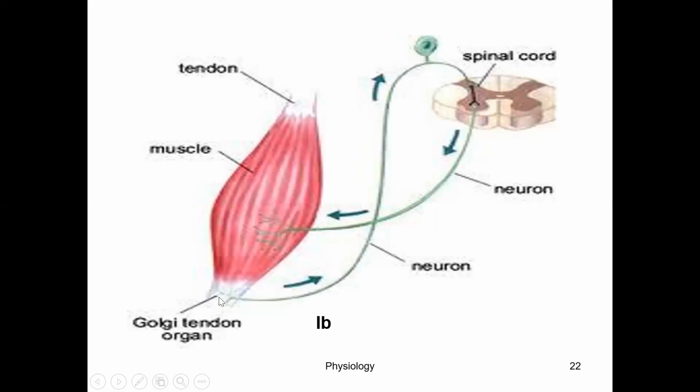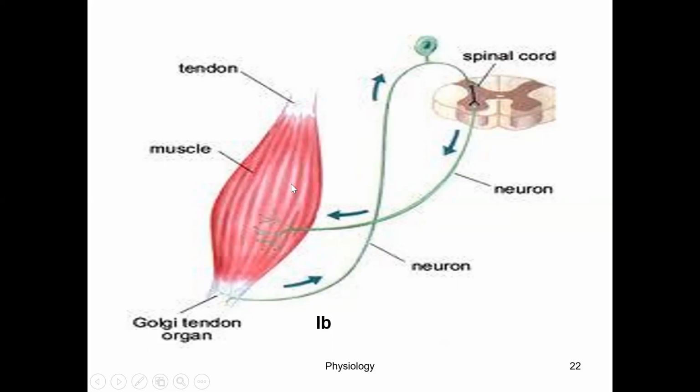We can see in the diagram, this is the Golgi tendon, and this group of nerve fibers is called 1B fiber. So what is 1A? 1A is the annulospiral ending, the central portion of the nuclear bag and nuclear chain fiber, and 1B gives information about the muscle tension. How much is the muscle tension during contraction and relaxation? This information is given by this group 1B fiber from the Golgi tendon organ, and it is conveyed to the spinal cord for the stretch reflex.